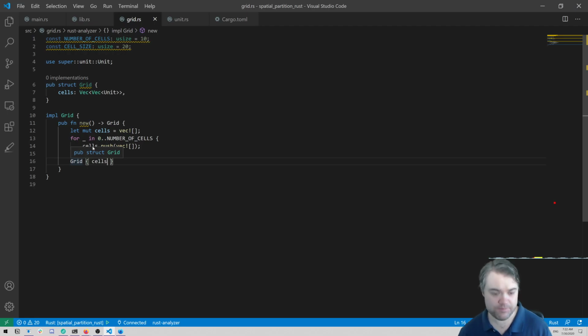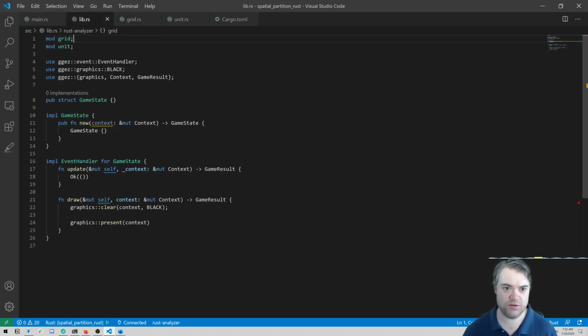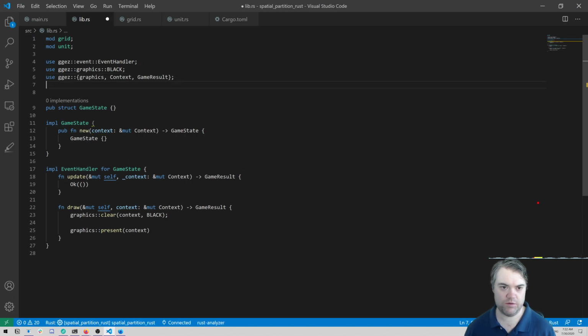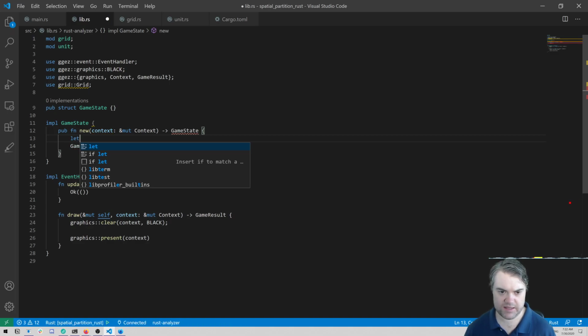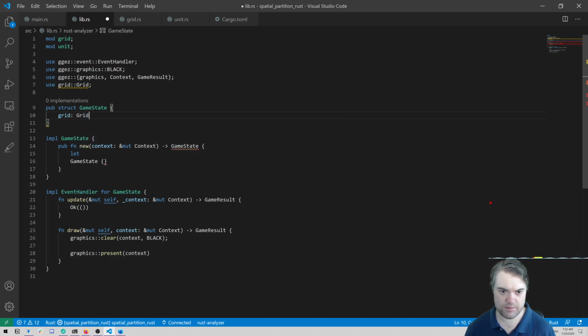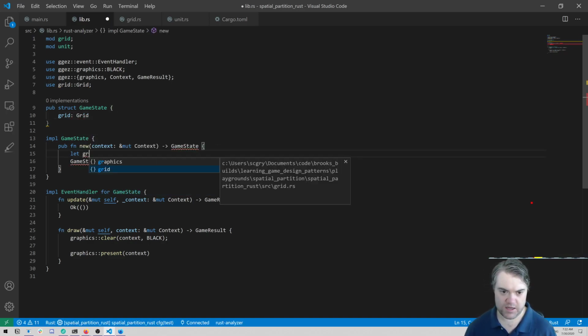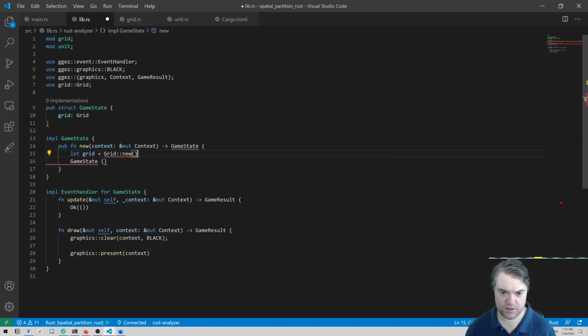Now we can use this new immediately by coming over to library. We will say use grid. Let's actually store the grid in here. It is going to be a grid. Self.grid equals Grid::new, and then we'll store it in here. Now, next thing I want to do,